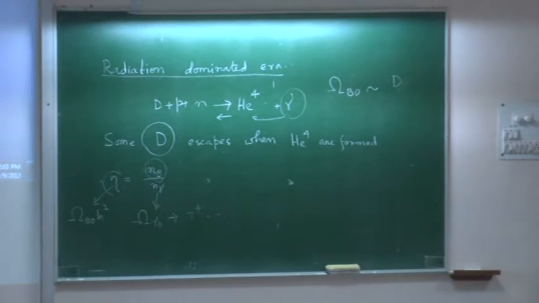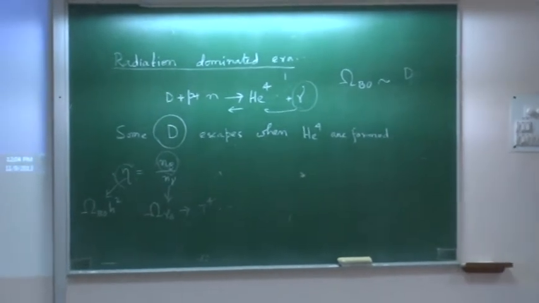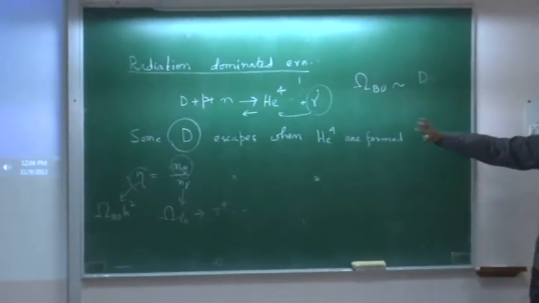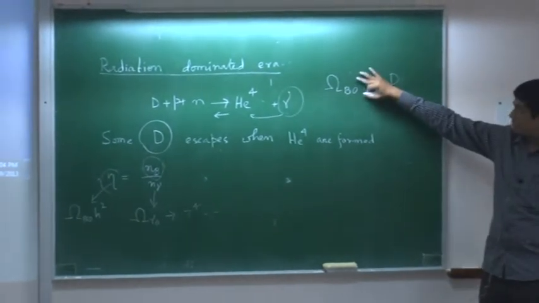And deuterons cannot be created inside a star. So that is also very important. Deuterons are not created inside a star because the condition for the reaction is not there inside a star. So whatever deuteron you see today is created in Big Bang nucleosynthesis. Okay. So this number you can measure.